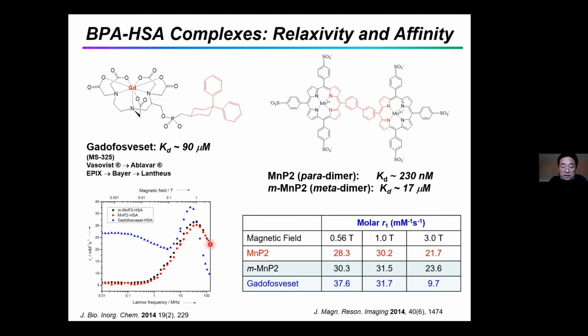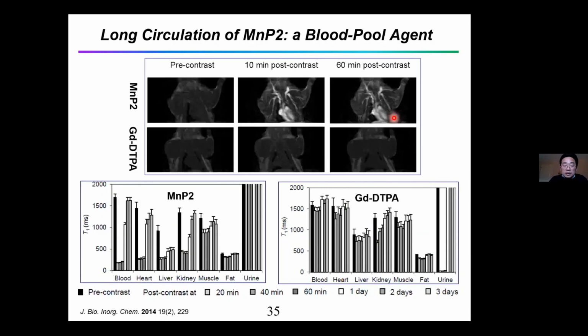drastically. So at 3 Tesla, the high clinical field, as you can see here, the manganese-porphyrin actually has a significantly higher sensitivity than Vasovist or Ablavar. And this is per molecule, so still per manganese, the manganese-porphyrin level is slightly higher than Ablavar. This stronger interaction with human serum albumin also leads to the expected longer vascular retention, as you can